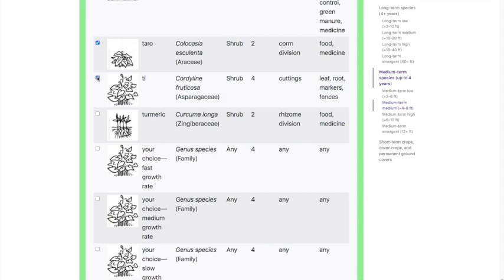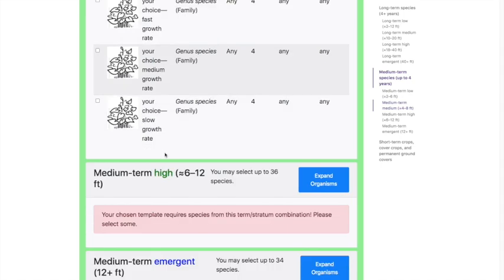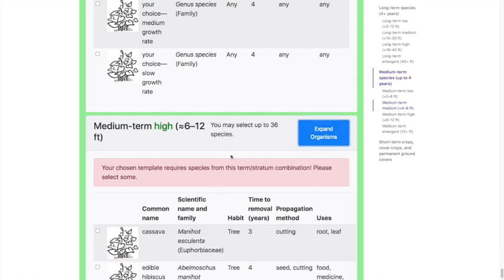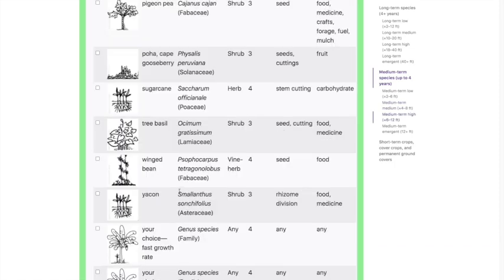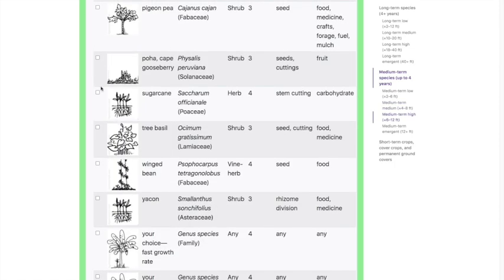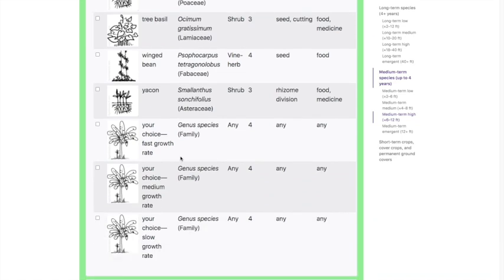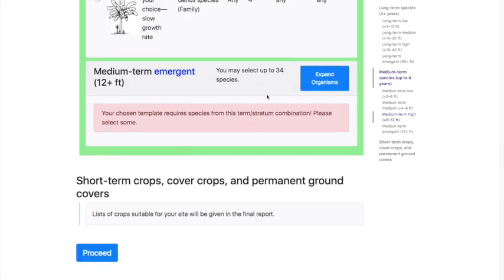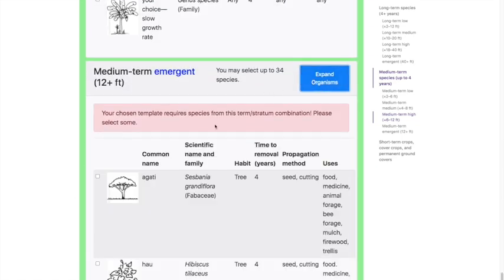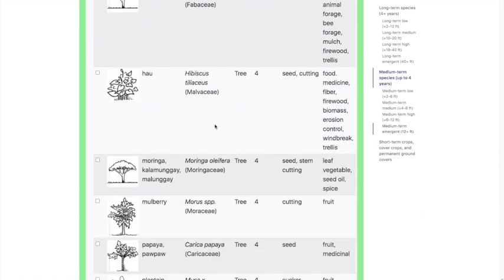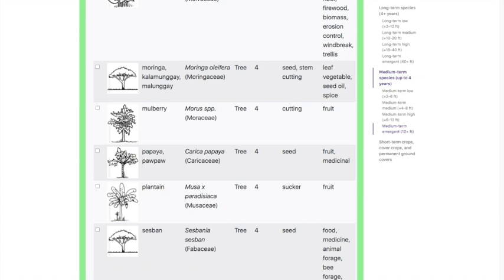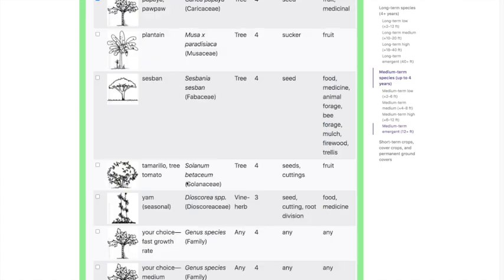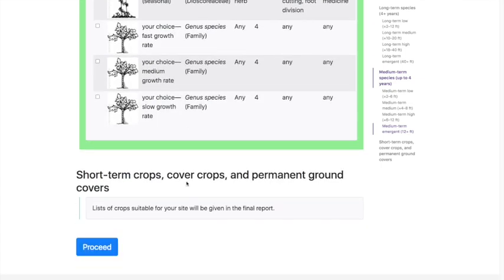Taro. All right. And let's see, finally, the medium term emergent. And we'll do some how and papaya. I think that'll do it.